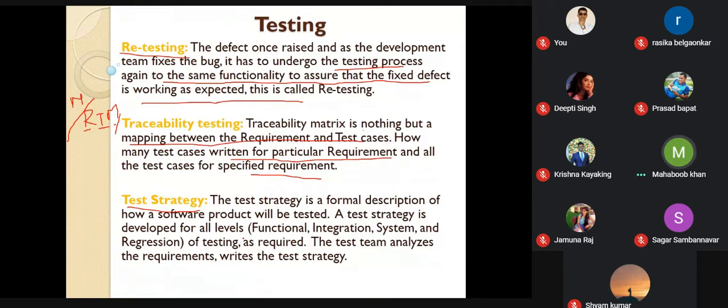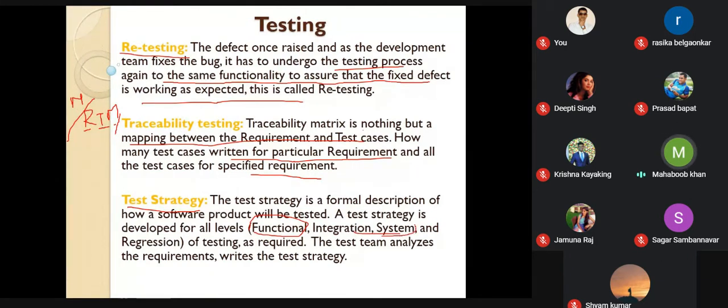Like functional testing, if it is a 6 month project, how many days do we need to take for functional testing? Integration testing, how many days do we need to take? Who all will be involved in the integration testing? System testing. So each and every time interval will be calculated in this. Not only this, resources also will be divided for each and every functionality. Now tell me, an associate engineer and a senior software engineer are there. Among these two persons, the easiest module is given to the associate. The functional testing part is given to the associate engineer, and the senior guy will take care of the integration and the system testing.